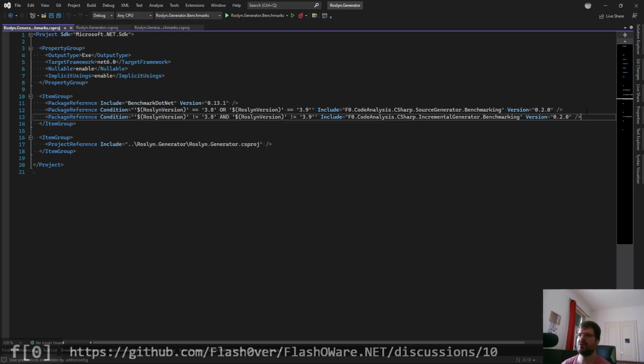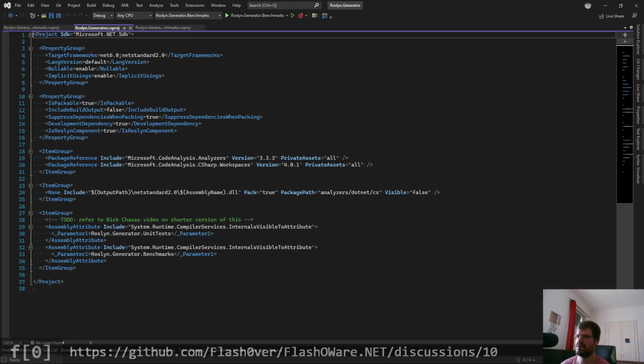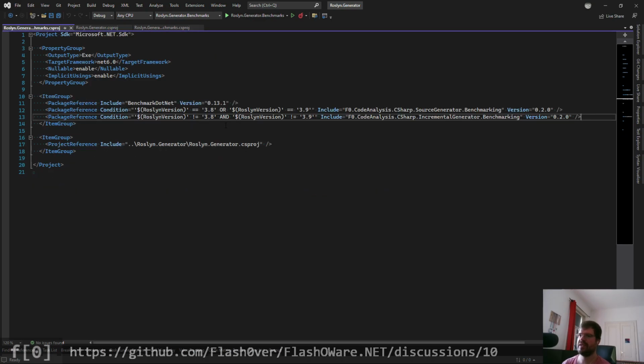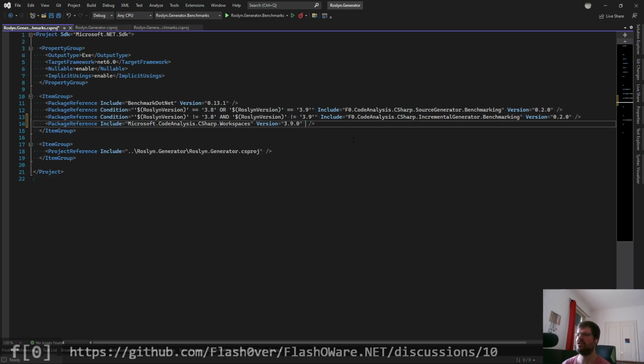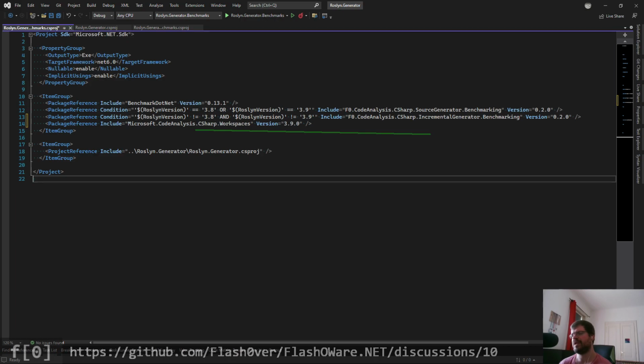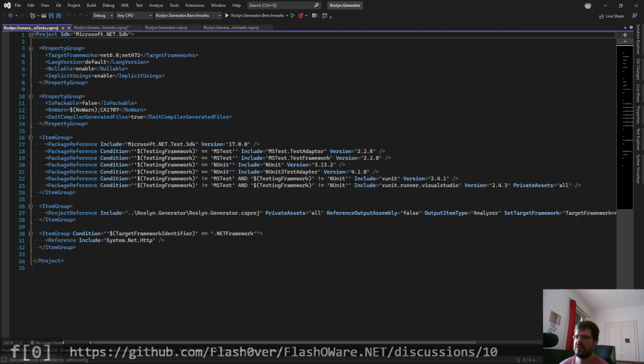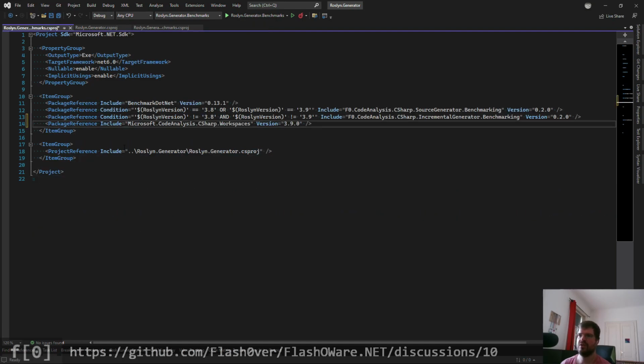Okay, so this is 3.9 exactly. I'm going to the benchmarking project, having this 3.9, basically bumping this version, but this should also be conditioned. We don't need this all the time. We only need it if, so let's grab this condition here, we only need it if the Roslyn version is 3.9. In the case of 3.9, we need to manually update this package to the higher version